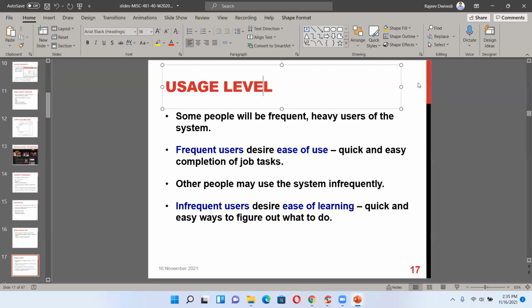And most websites are designed in such a manner that if you want to do any shopping on any other website, you can do it.